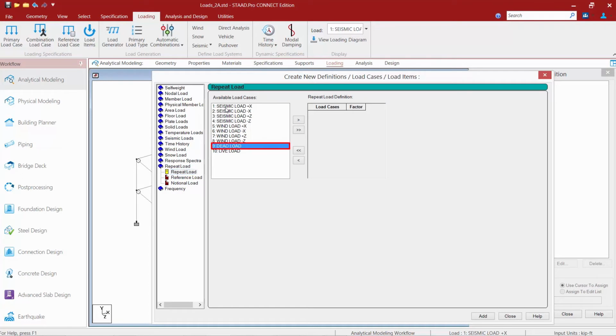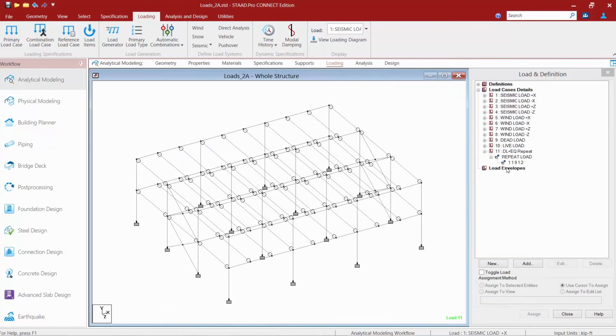So for this model, I'll go ahead and grab dead load and seismic load. I'm going to pull them over, and then I can customize their factors. We'll go ahead and click the Add button, and then we'll click Close. So as you can see, this would be most appropriate for something like a P delta analysis, where I am anticipating some additional moments to be caused when the lateral load and the gravity loads are added simultaneously to the